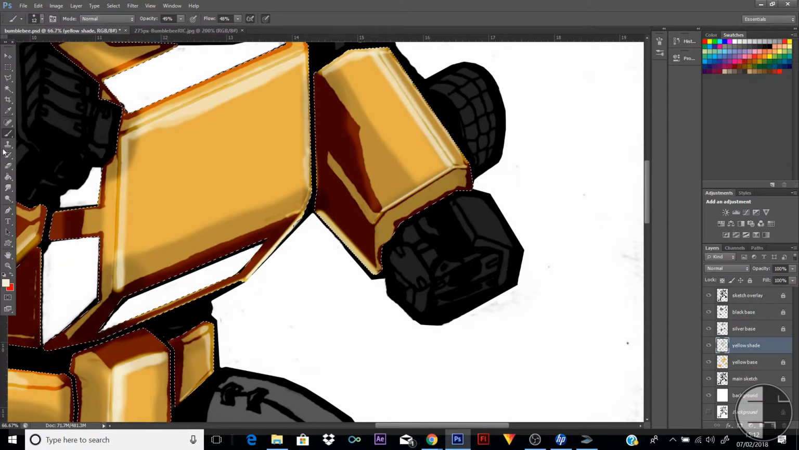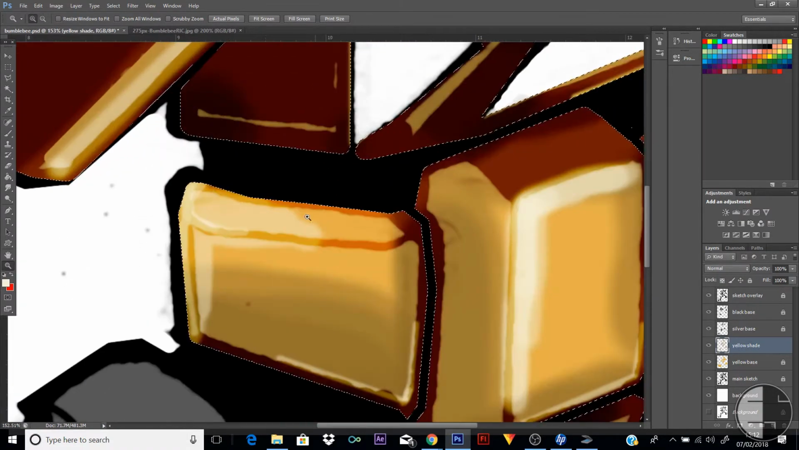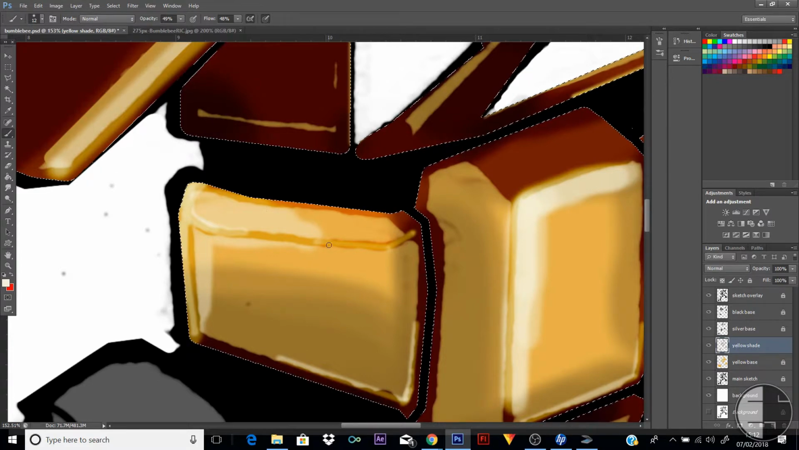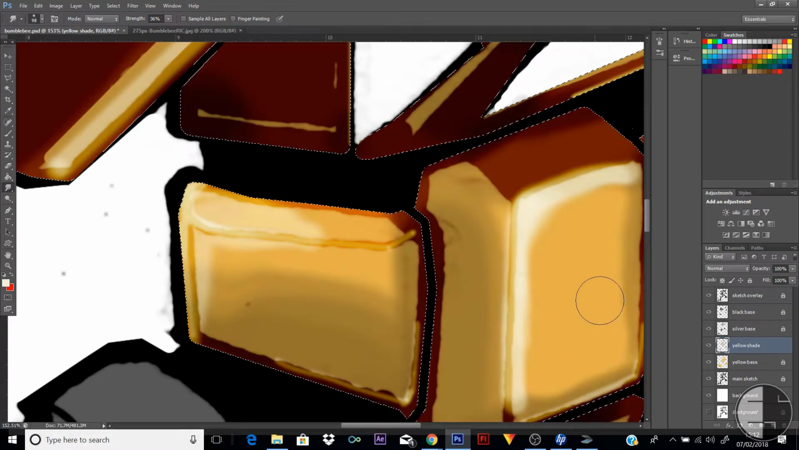And just go along, putting these highlights on exactly where you think they should be. You want him to look nice and shiny, that's the whole point. And again, smudging where you need to. If you think the shade is looking a bit blotchy, just get that smudge tool out and do it. Your computer will thank you for using the smudge tool